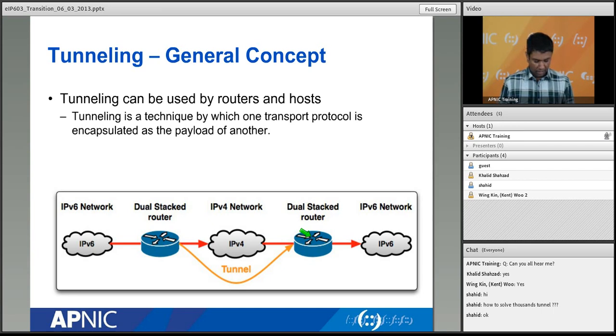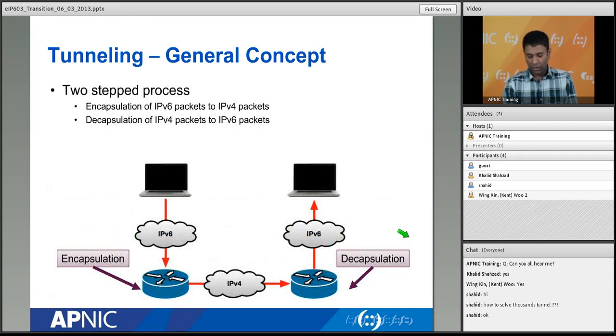Simple as that. We have IPv6 on this side, we have IPv6 on the other side. In the middle, this backbone is IPv4. They don't support IPv6. If you don't have any tunnel, what is the consequence? This packet comes here and it will be dropped, right? Unless we can encapsulate a V4 header on top of the V6 header, and this part of the network can use that encapsulated V4 header for the routing in between, and from there native V6 can go outside, right? So that is the concept of tunneling.